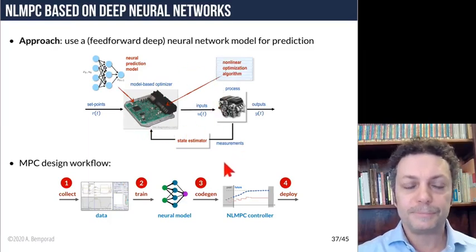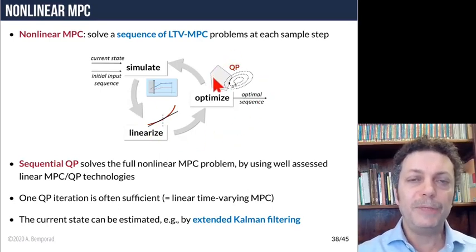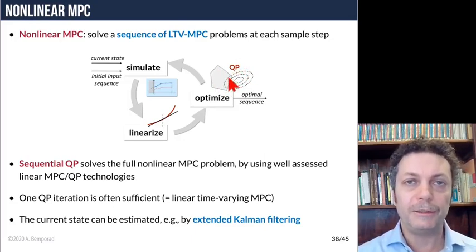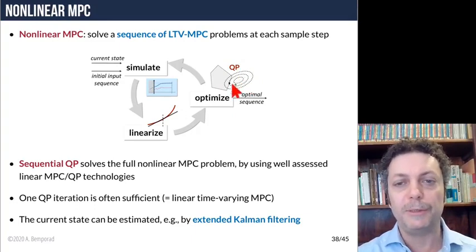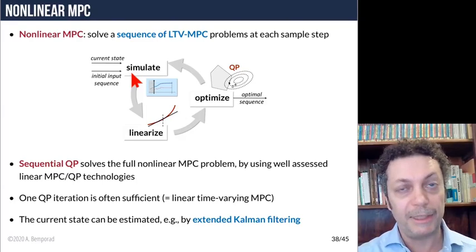MPC formulation. One approach to solving this problem is to build on top of the existing tools that have been developed for linear time-varying MPC, in particular quadratic programming, so how to construct the QP problem and how to solve the QP problem robustly online. So we can build on top of that by solving a certain number of QPs at each sampling step. So let's say we have the current state and the initial guess for the optimal input sequence. That could be, for example, the previous optimal sequence shifted by one sample, that we can take as an